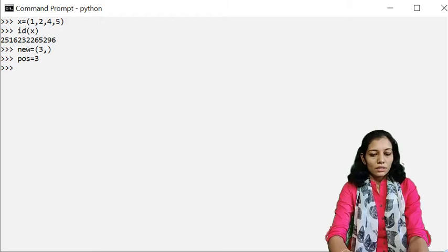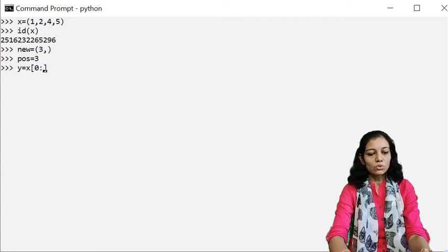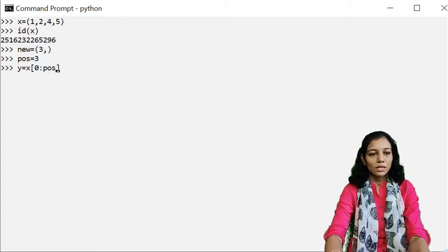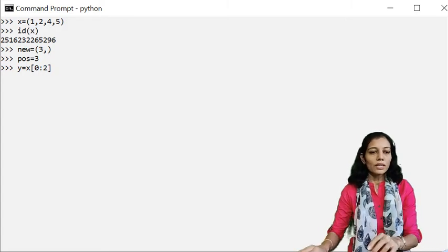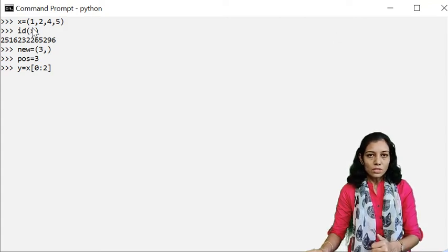Now here in y I'll be extracting the elements before the element 3 which I want to insert. For that I'll be using range slicing. So from the 0th location to position -1, that means up to 2, right? So what is the index of 2? At the 0th index, 1 is there.